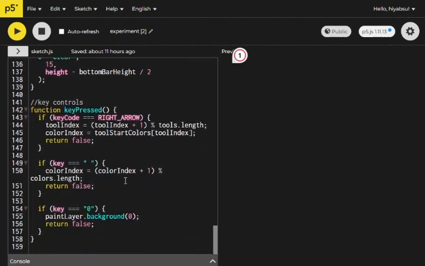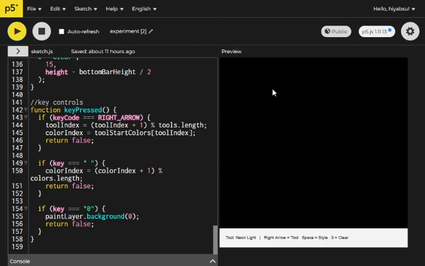Finally, I had used the key pressed function to add keyboard interaction controls. Inside it, I had used the right arrow to switch between the tools, and then I used the space to cycle through the colors, and then zero key to clear the drawing canvas by resetting the paint layer background. And the output of the code is